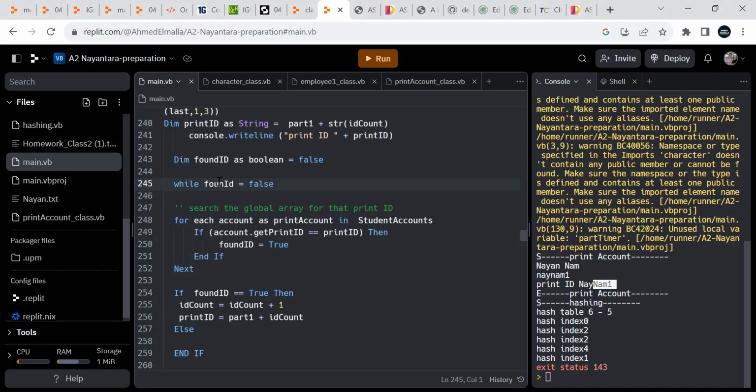Do you mind repeating? You're talking about which line? The line number 249. Oh, 249. Yes. If so, the found ID is false at the start, and if the first